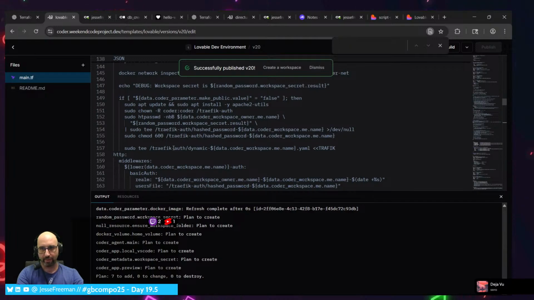Wait, why doesn't it create a JSON auth? Hash password, define as traffic.